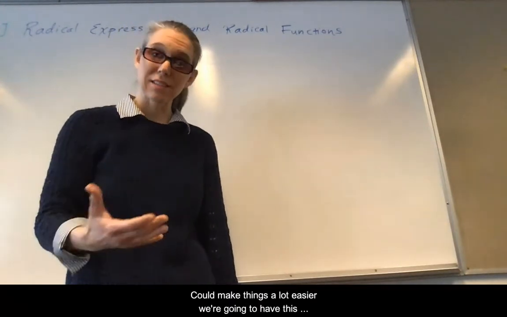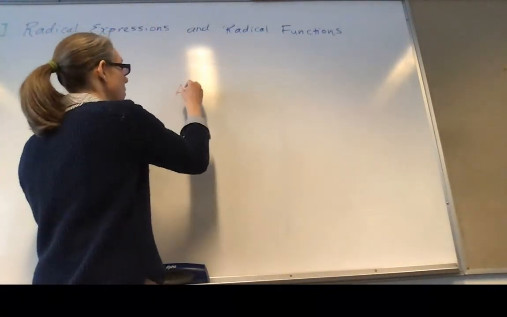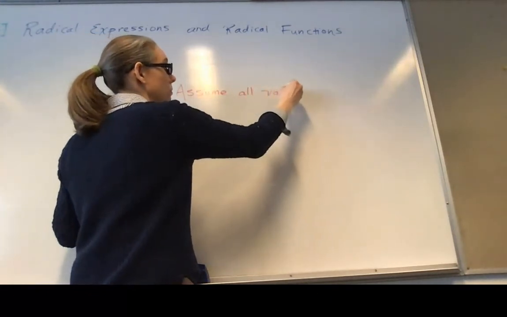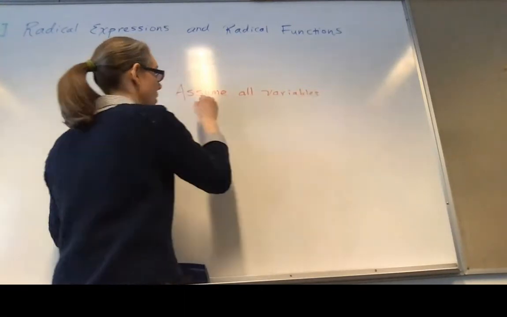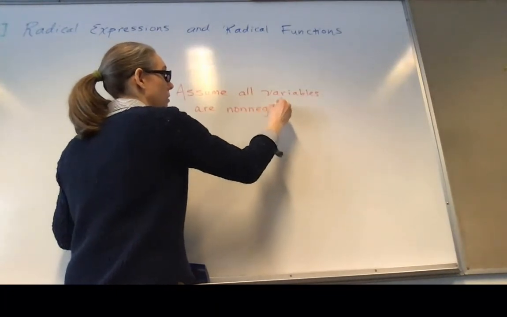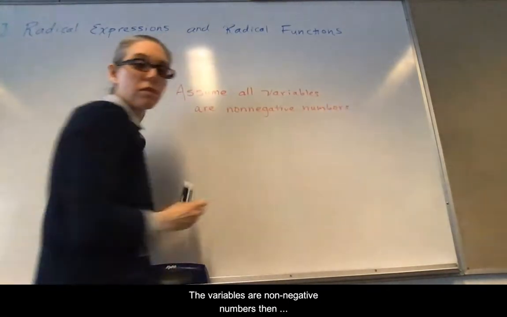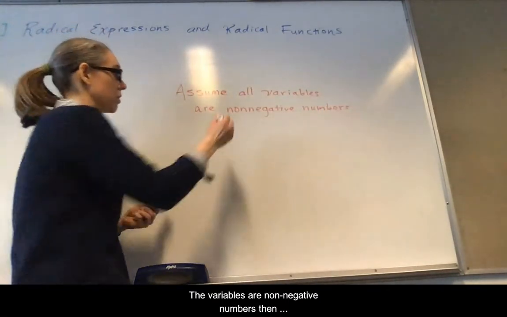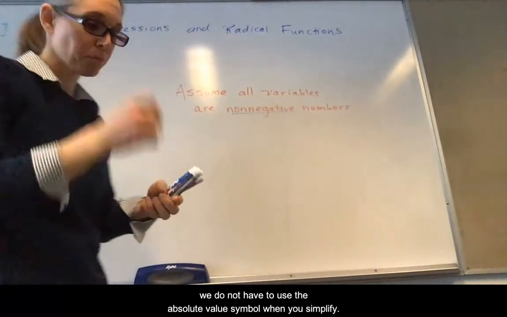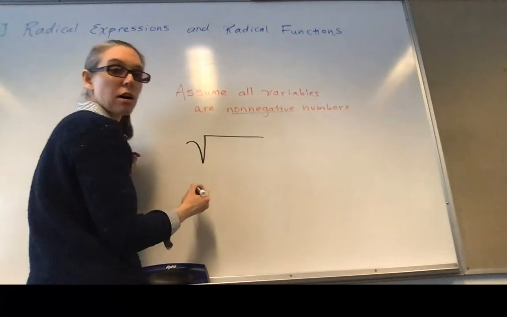So to make things a lot easier, we're going to have this disclaimer, and the disclaimer is that we are going to assume all variables are non-negative numbers. So if the variables are non-negative numbers, then we do not have to use the absolute value symbol when we simplify, okay? So if you're going to simplify the square root of